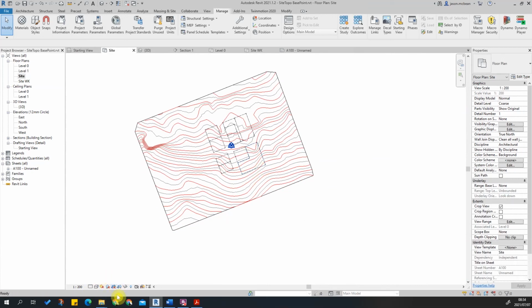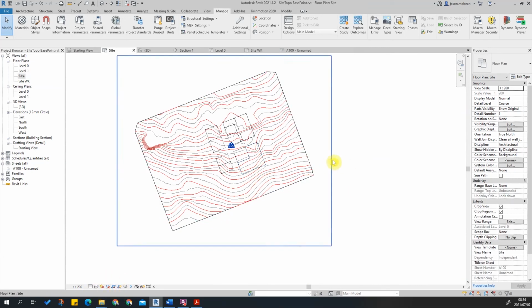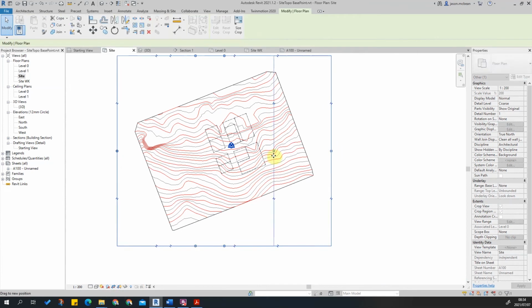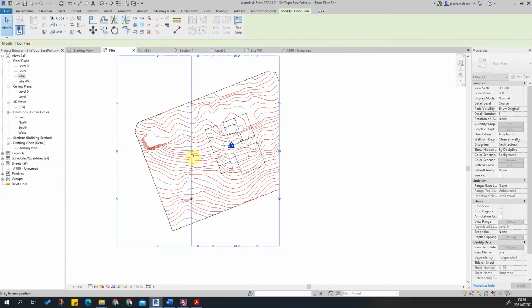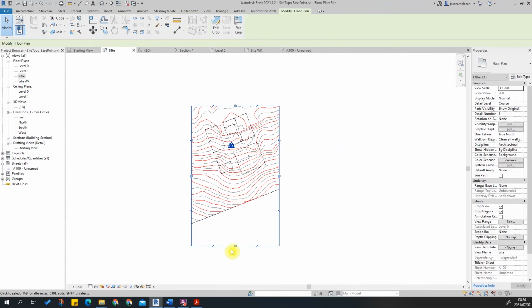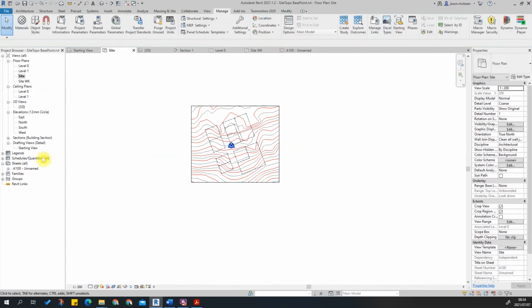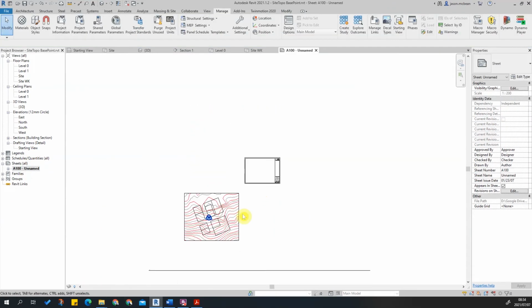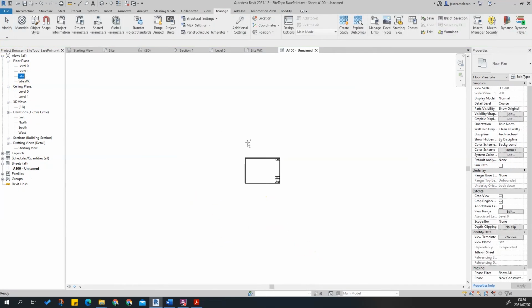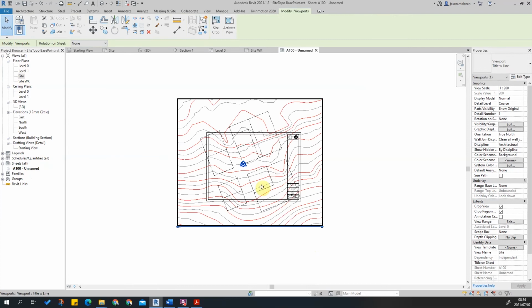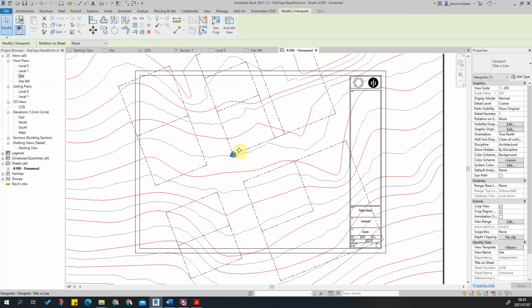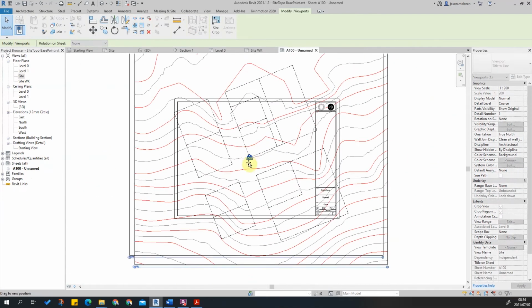I'm going to introduce a crop region as well, because I just want to see how much of this information is going to actually show in my sheet. So I'm just going to reduce this a bit. Let's just start with this for now. Go back to my sheet, and you can see, let me just remove this. I'm going to drag it back on again. Here we go. So you can see we've still got a lot of information to crop,